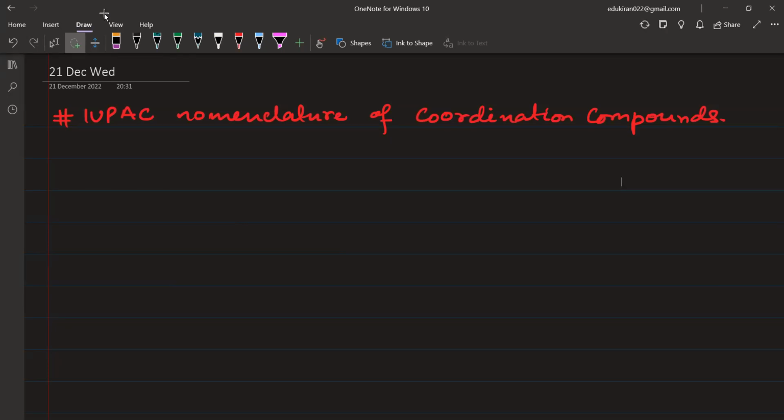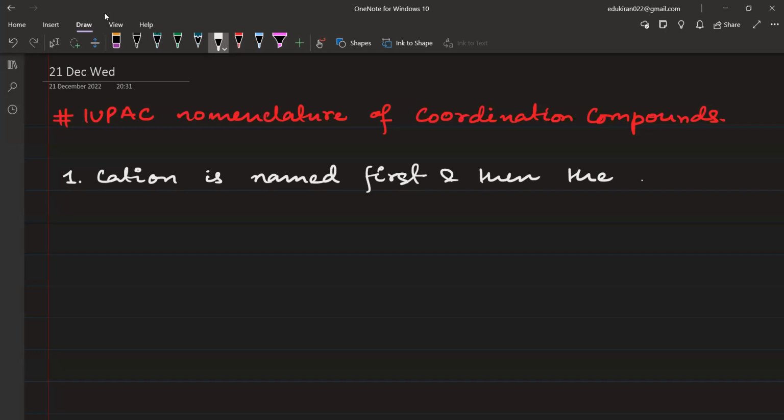Please write with me. The first rule: cation is named first, and then the anion. Number 2, counter ions are named